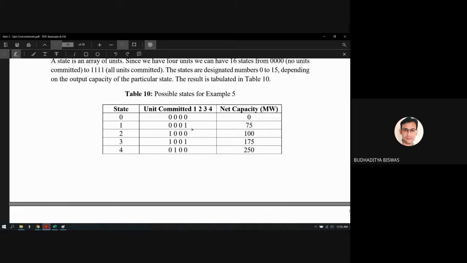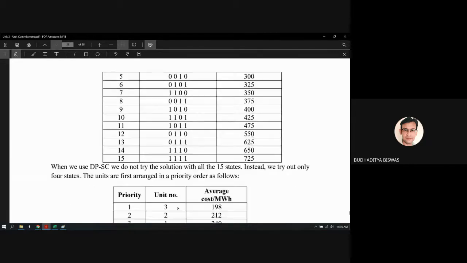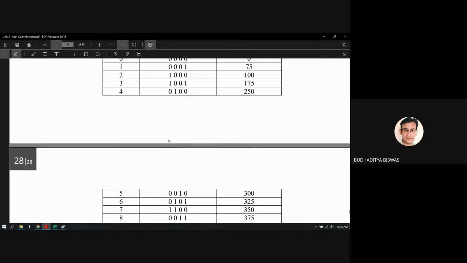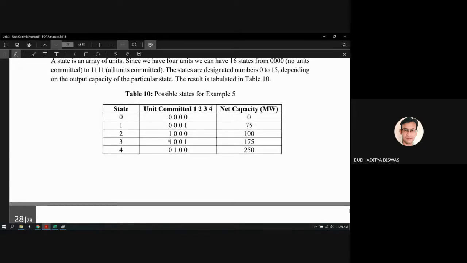this is actually based on how much generating capacity they have. Or you can do one thing, you can write as you studied in digital electronics, after 0 then 1, then 2, 3, 4, 5, 6, in this way up to 1111 according to the digital electronics order, and every time you must write the maximum generating capacity.